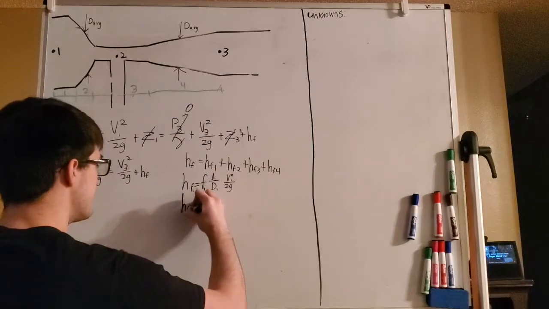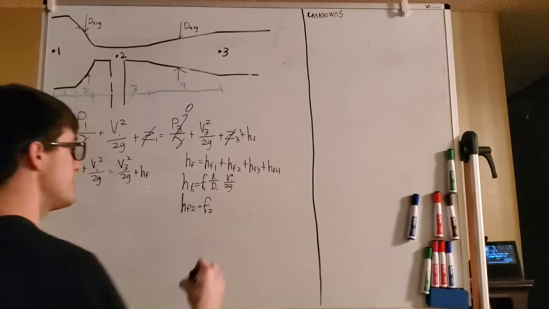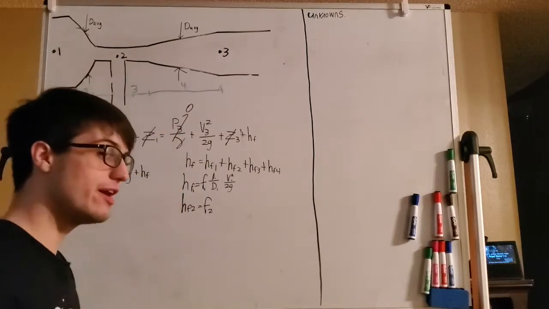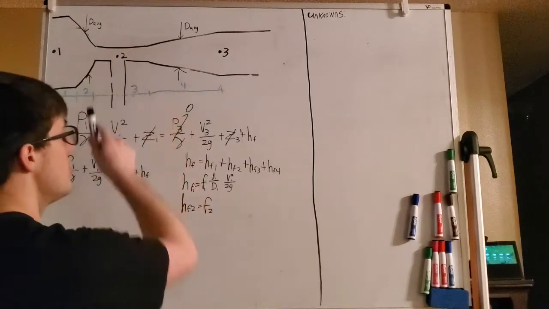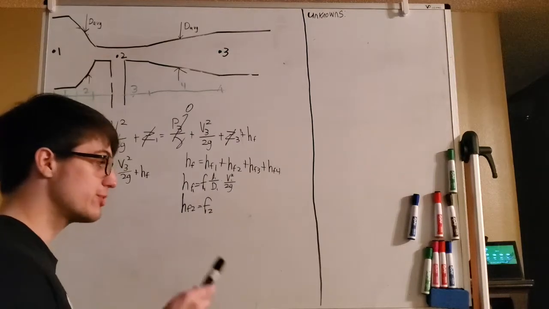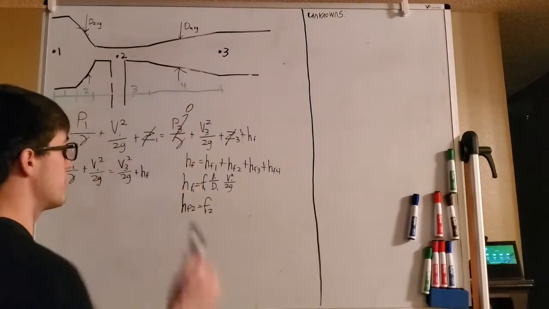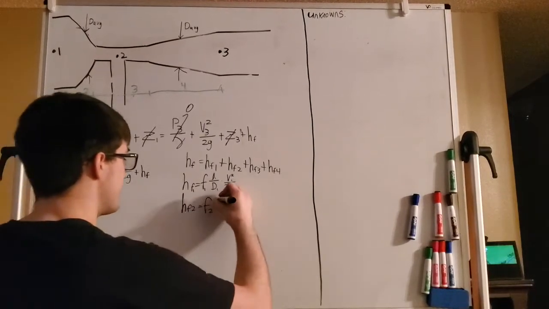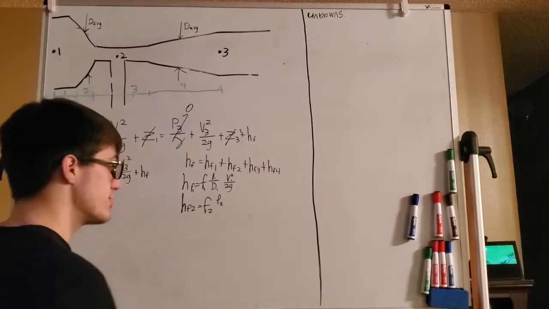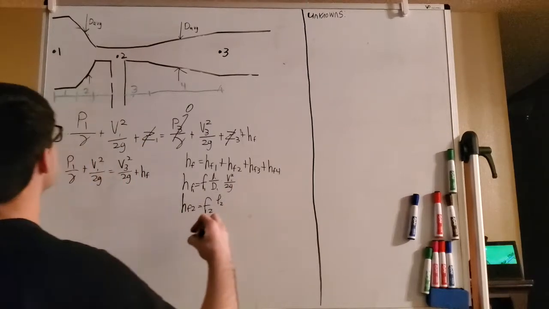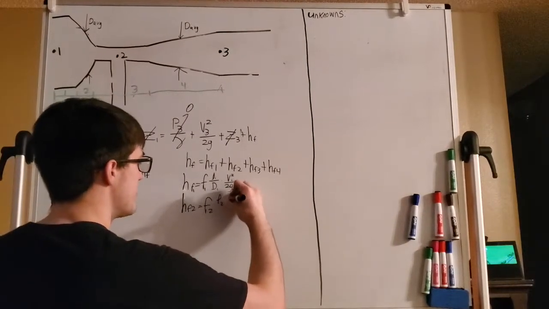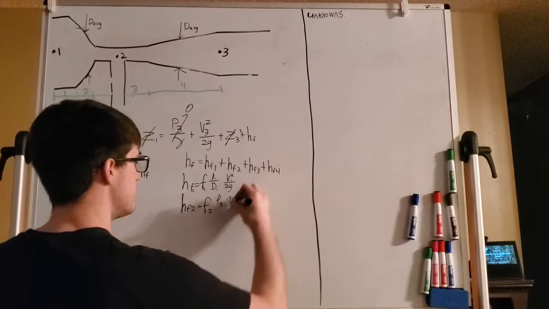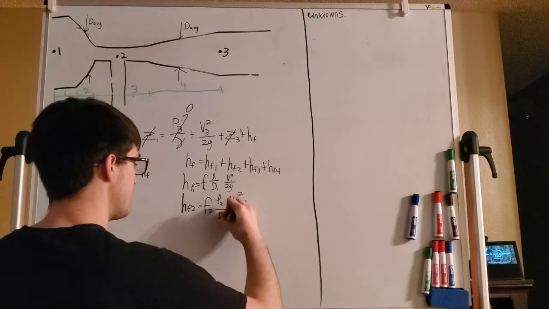For section 2, it's going to look a little bit different. We're going to have the friction factor for 2, and one thing to note is that the friction factor for each of these sections will be different because the Reynolds number for each of these sections will be different. If you have a different Reynolds number, you will have a different friction factor. Section 2 also has a different length, but that is known because we dimensioned the material ourselves. Then it's the average velocity through section 2 squared over the average diameter of section